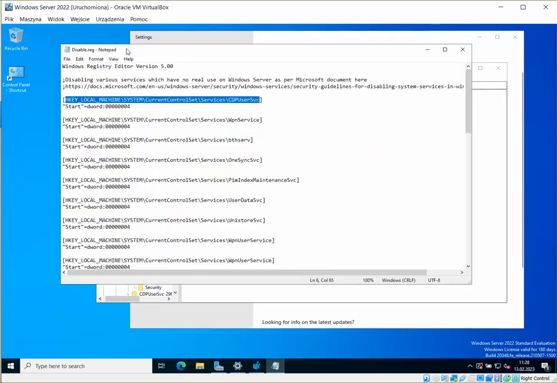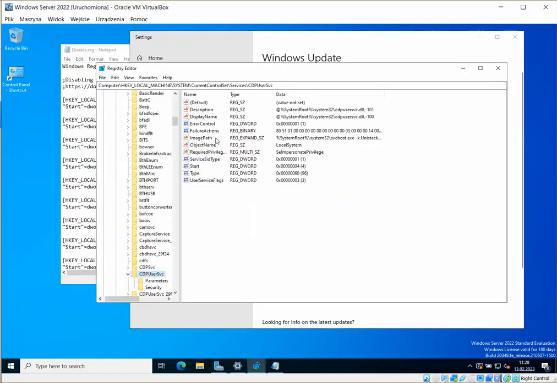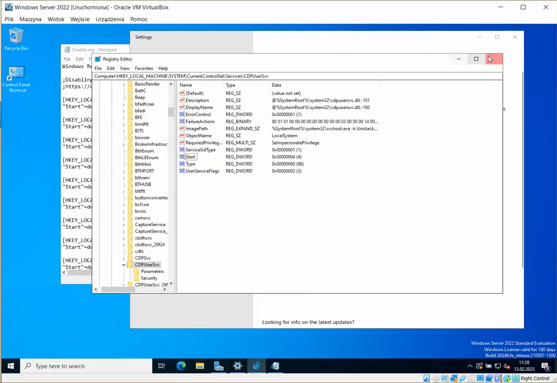And what do we have here? It's supposed to add Start DWORD, and it's supposed to be set to 4. So let's see. We have Start REG_DWORD and it's set to 4. Worked. Okay,